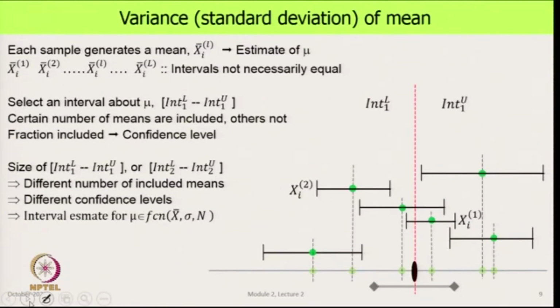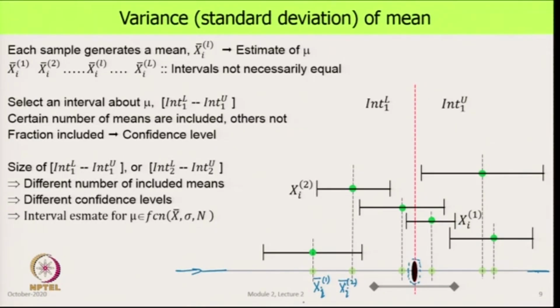We make a plot and say that this is the number line right at the bottom here. This is what we do not know. We have just put it here, you could have put it anywhere else. And what we showed in the previous picture is that we had these values, each one of these, this represents say x1 bar of the first sample and so on, and this represents xi bar of the second sample.